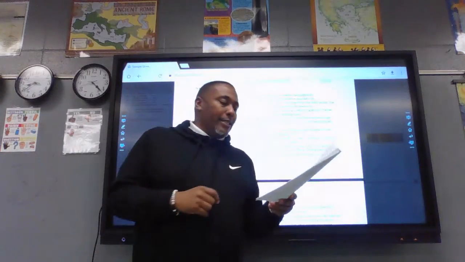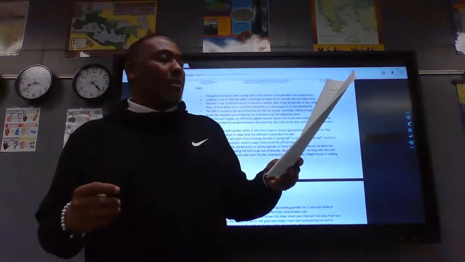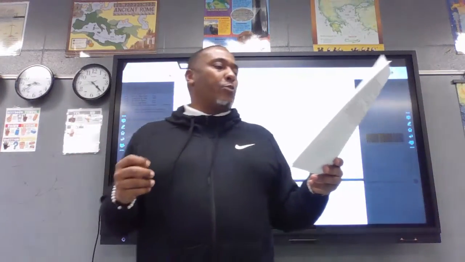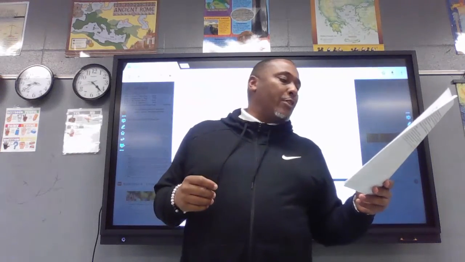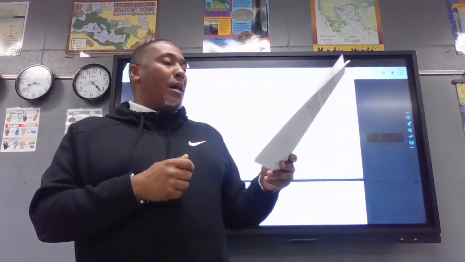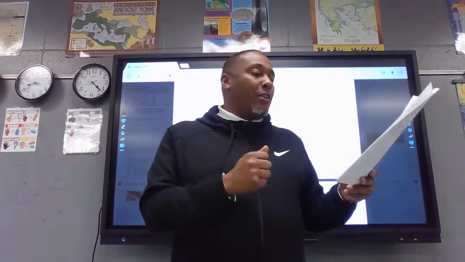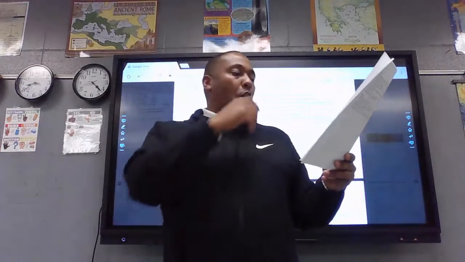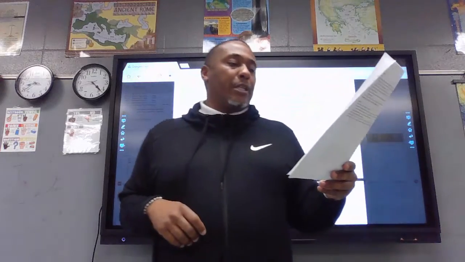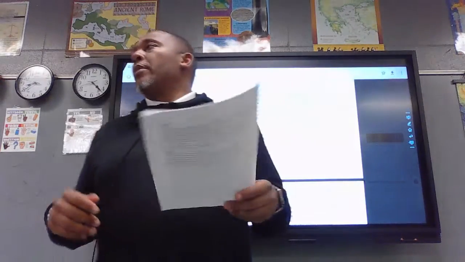The game is started with a jump ball in the center of the circle between two opponents. A player is out of bounds when touching the floor or outside the boundary line. The ball is out of bounds when it touches a player who is out of bounds, or any other person, the floor or any object outside the boundary, or the supports of the backboard.